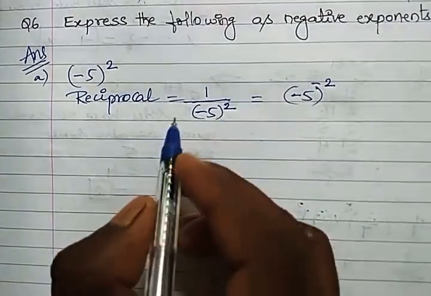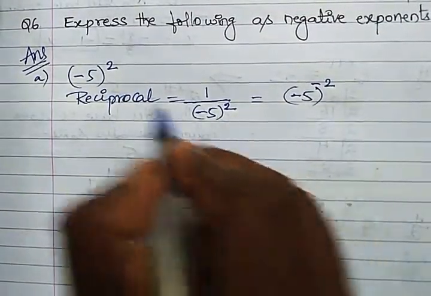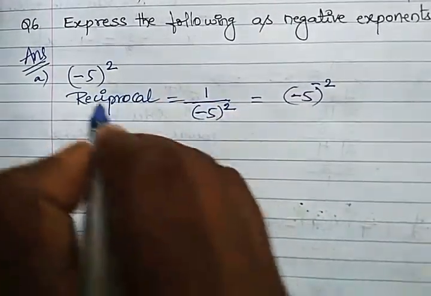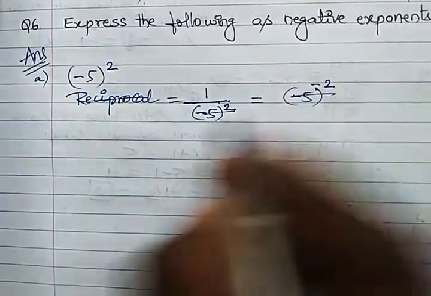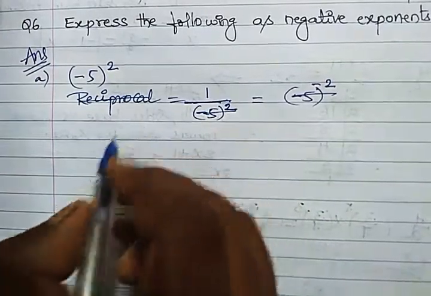Just a confusion, sorry children. Reciprocal of 1 by minus 5 power 2, we are not going to take the reciprocal here. Minus 5 whole power 2